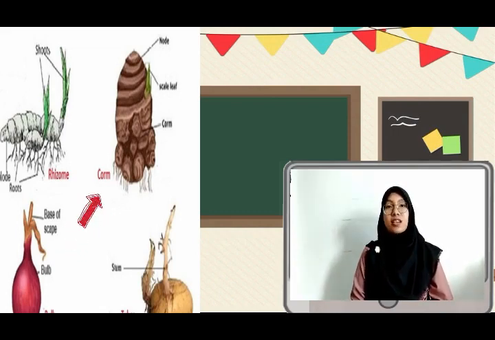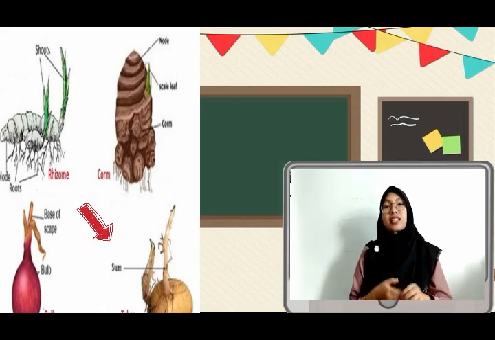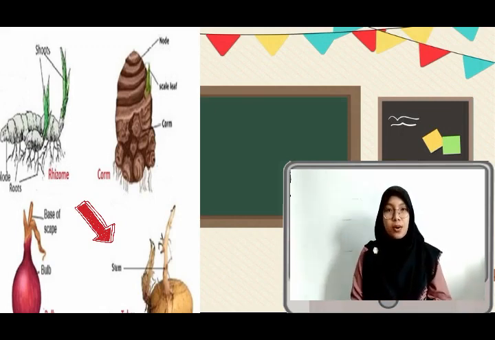The third is corm. Corm is spherical in shape with a flattened base. It has distinct nodes and internodes. The axillary buds are present on the sides. The example is colocasia. The fourth is tuber. Tuber doesn't contain adventitious roots, and it is the fleshy part of the plant with starch food. The example is potato.